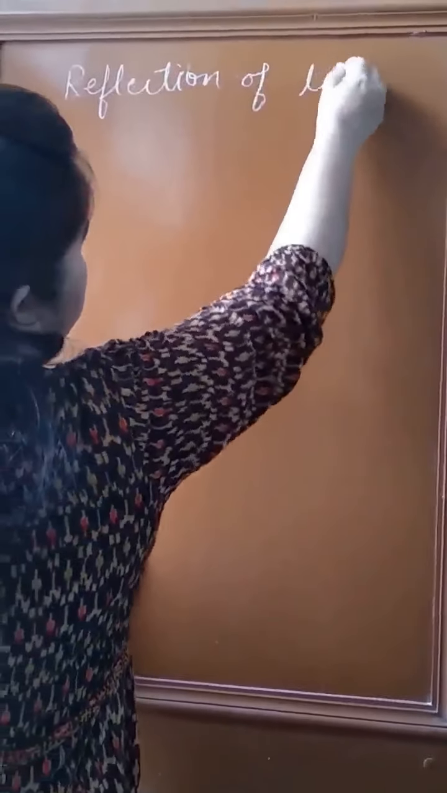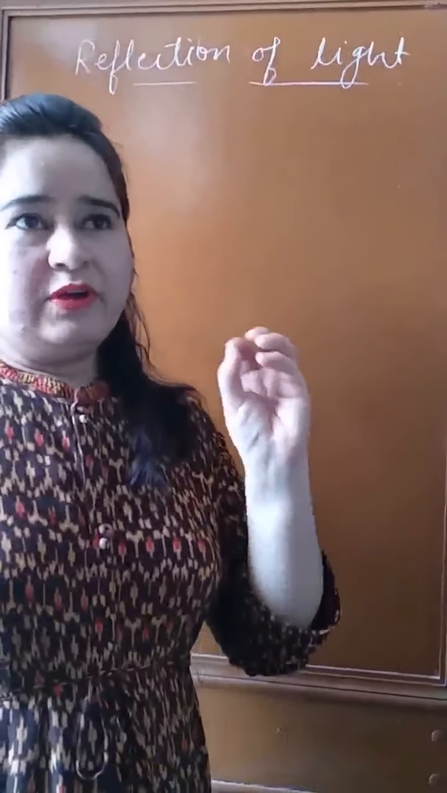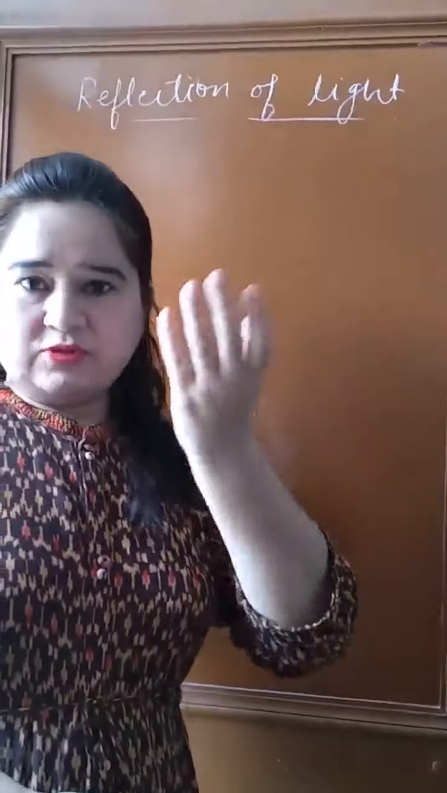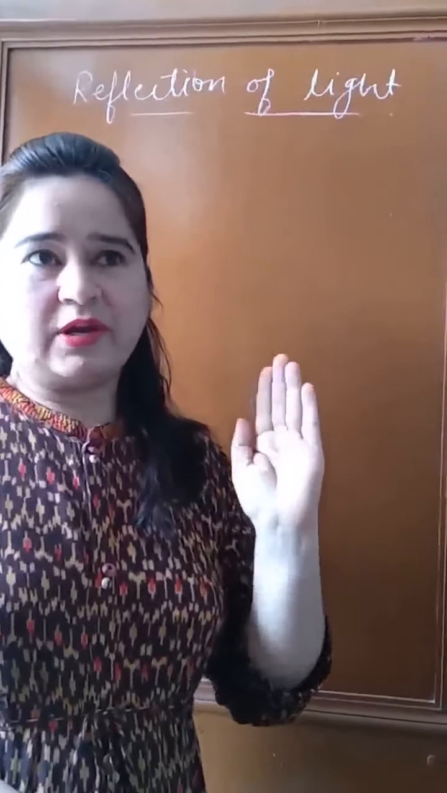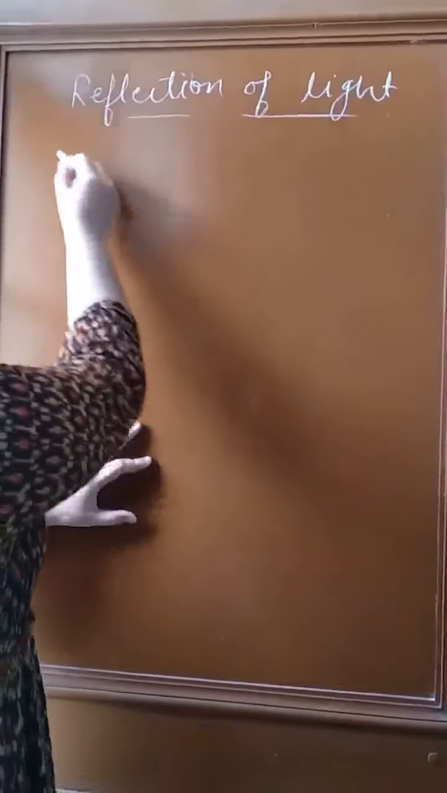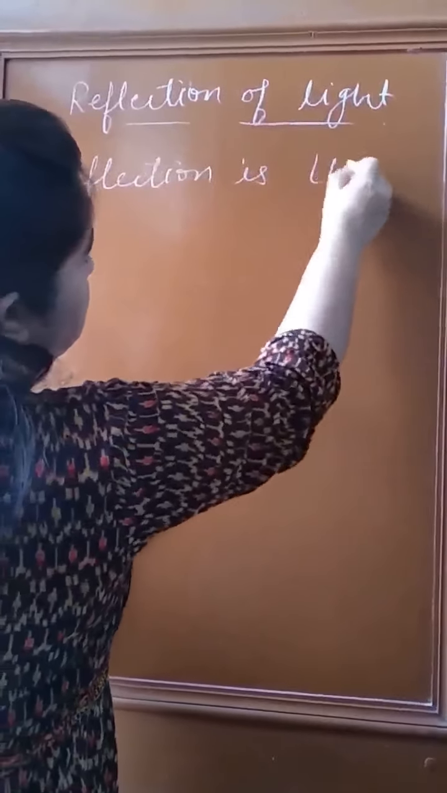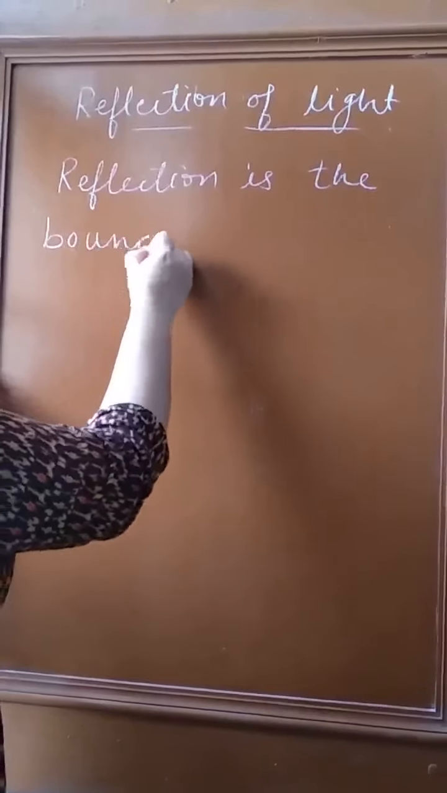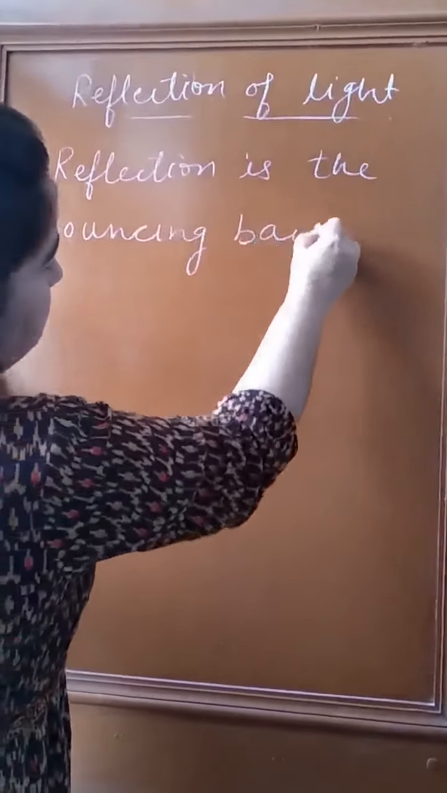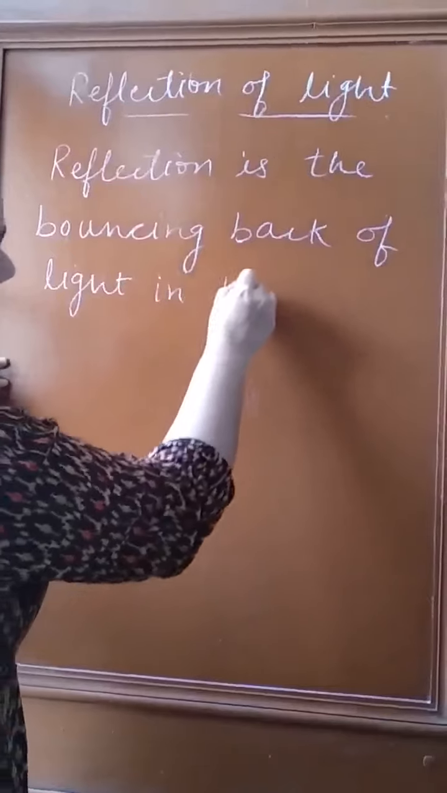Next we will discuss the reflection of light. What is reflection? Now we know when we throw a ball on the wall, it bounces back to us. In the same way, when light strikes any surface, it goes back in the same medium. So, what is reflection? Reflection is the bouncing back of light in the same medium